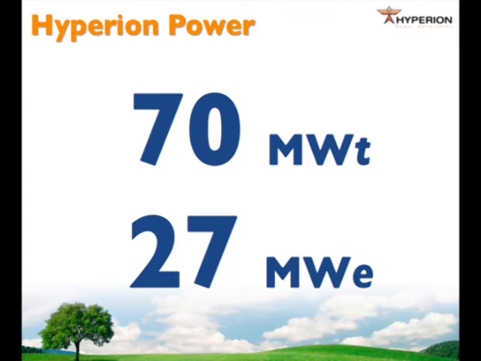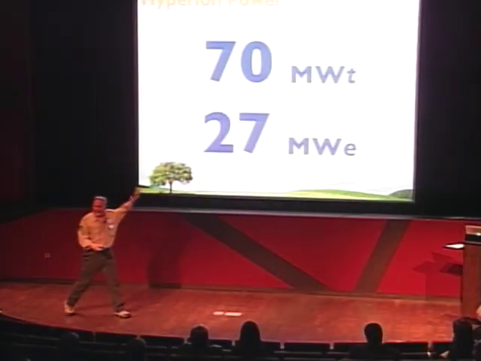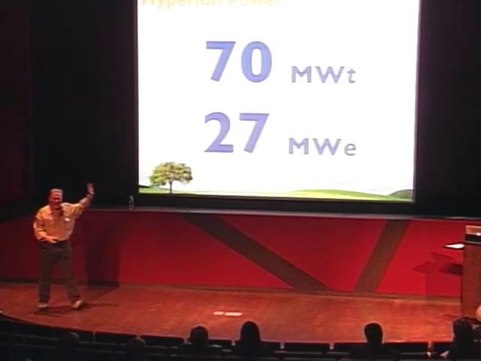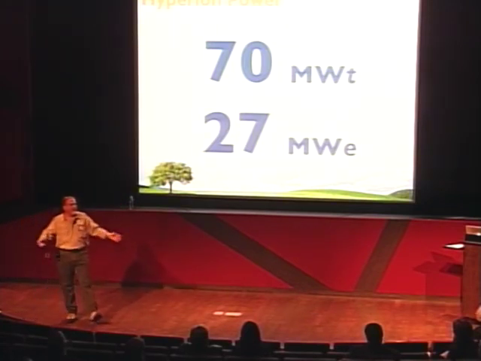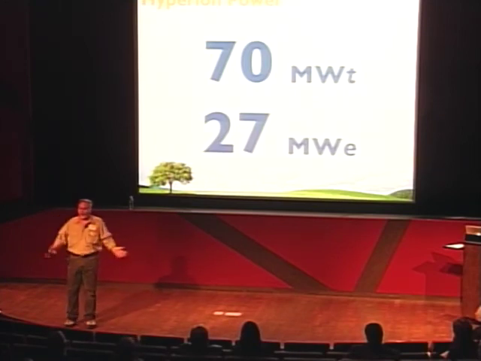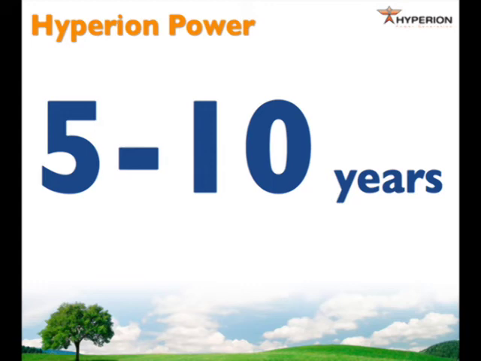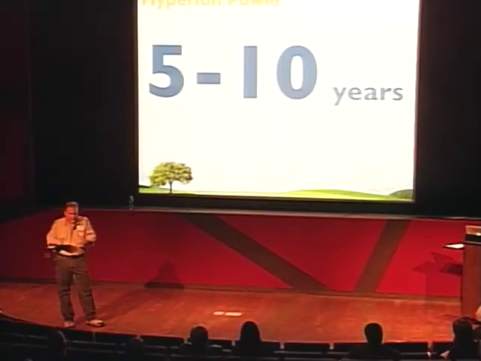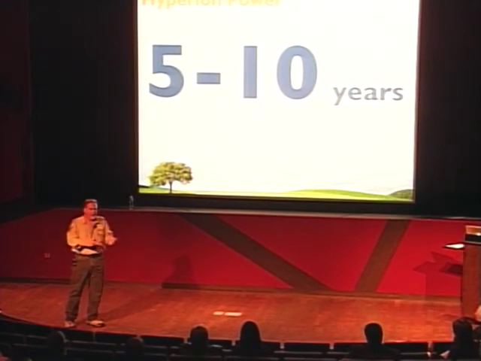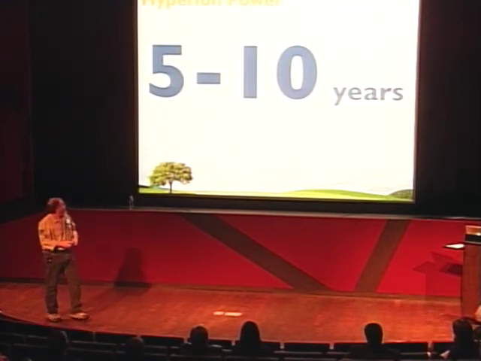The reactor itself puts out about 27 megawatts of electricity. Today we had the big argument about whether or not we should be talking about thermal. Maybe people don't care about thermal. You know who cares about thermal? The guys that are making steam for oil sands, oil shale projects. And this reactor will last from 5 to 10 years depending on use. You get a little piece of paper that says, depending on use, your results may vary.